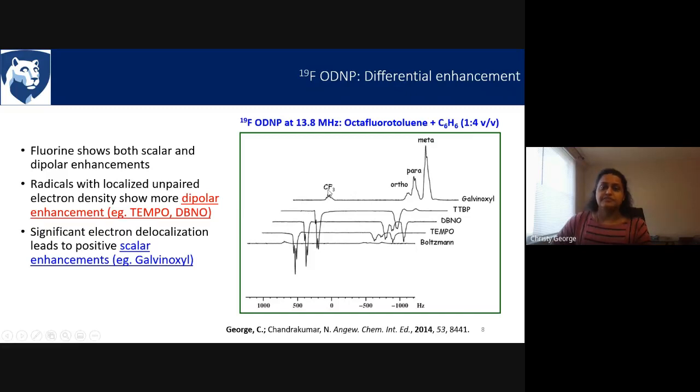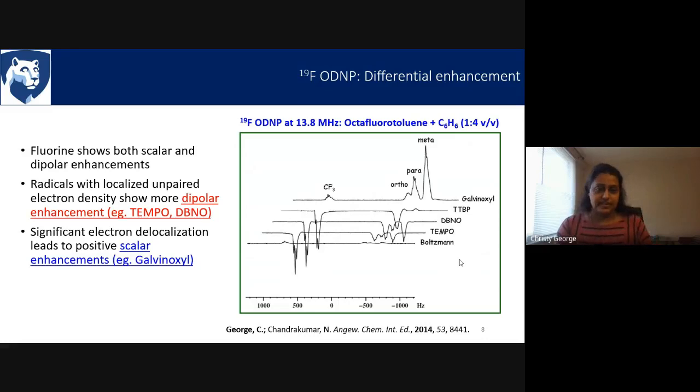And correspondingly, CF3 shows the least scalar enhancement, which had the highest dipolar enhancement. So this difference in the enhancement factors at different sites within the same molecule is attributed to the difference in the polarizability of those sites. Now, one thing we have noticed from this is that those radicals which have a localized electron density tend to give us a better dipolar enhancement, whereas radicals which have a delocalized electron density, such as in galvanoxyl, show